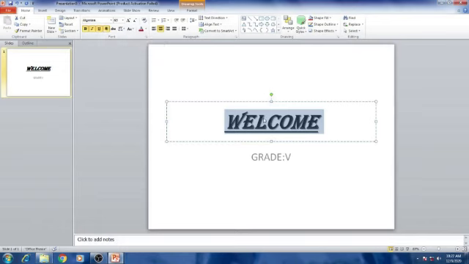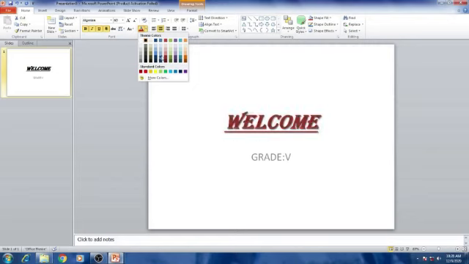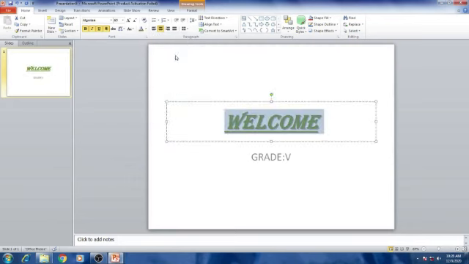Okay. Then step 5, you can see font color. In the font group itself, here you can see a simple A letter, which you use for font color. Here you can see a drop down arrow, click it, and from this color palette you can choose any color for this text. Here I just choose green color and increase the font size.